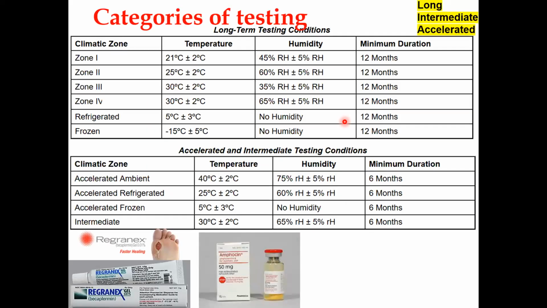Please understand this PPT. We are going to see how, within a month, we accelerate the chemical reaction so that we can predict at room temperature, let us say 25 degrees centigrade. Usually the average temperature is 25. So at room temperature, how many months or how many years can the drug maintain its shelf life? Once again, nothing but 90% of its original content. So let us see the protocol, how to do it.